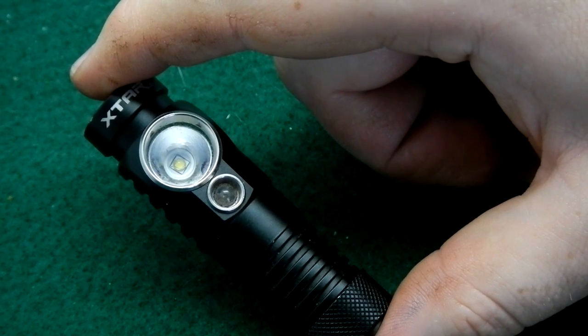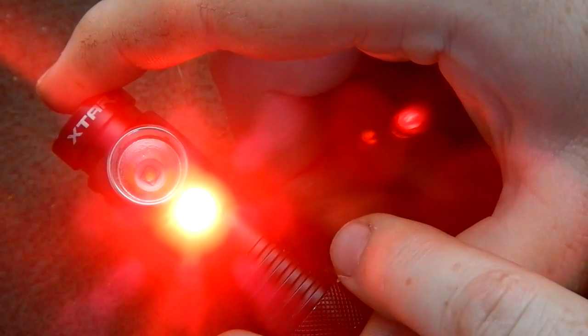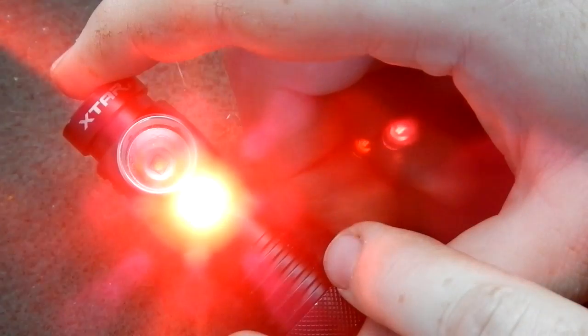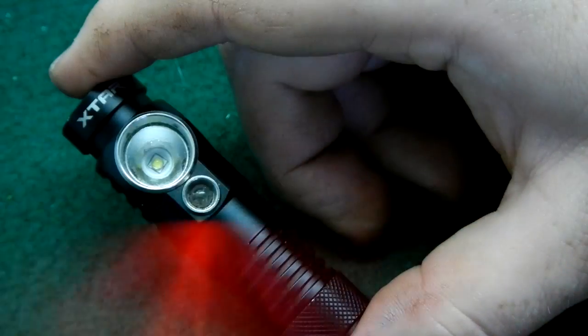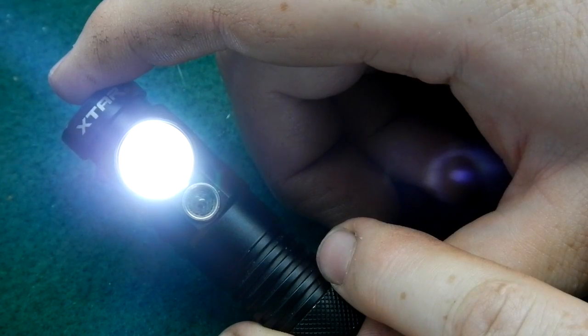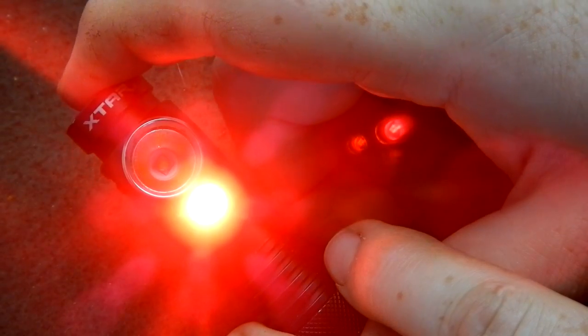It's a little bit longer than most people are used to. If you double click, you get into the red light. Double click again gets you into red light SOS mode. It's buried enough that you don't really ever will use this mode. However, there is no memory, so if I click again, there's your low, double click, there's your red, single click,